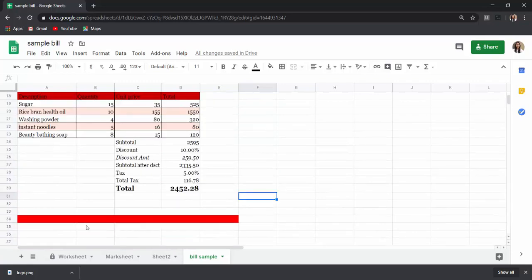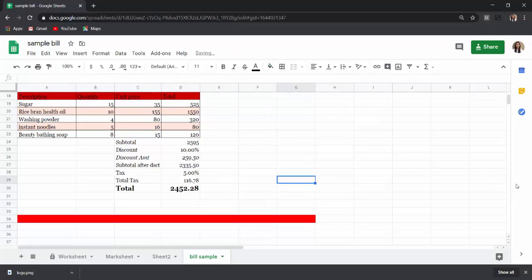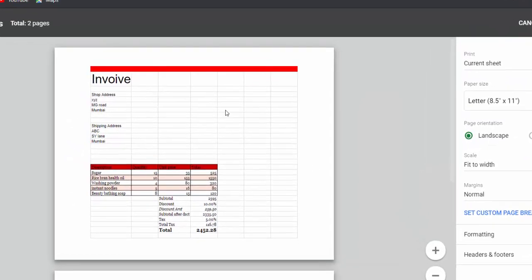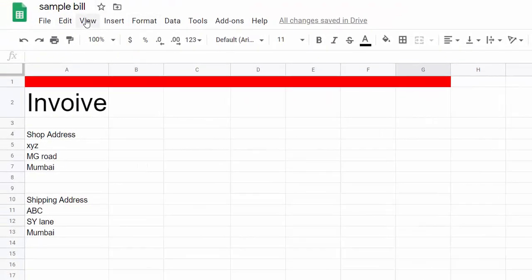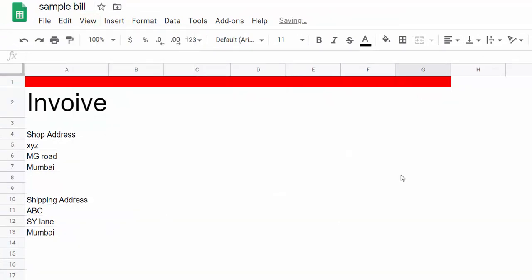It was up to G, so even we will do this up to G. Now if I try to print this, you can see the grid lines, but in the sample bill, grid lines were not present all over. So for that, just go in view and deselect grid lines.